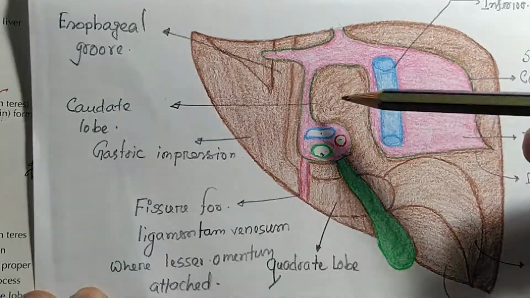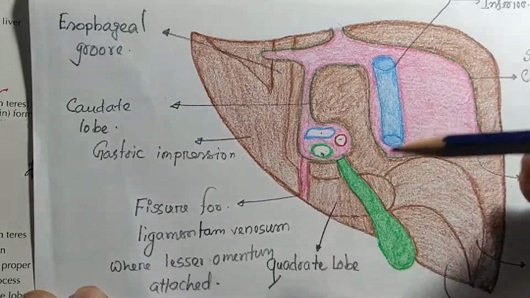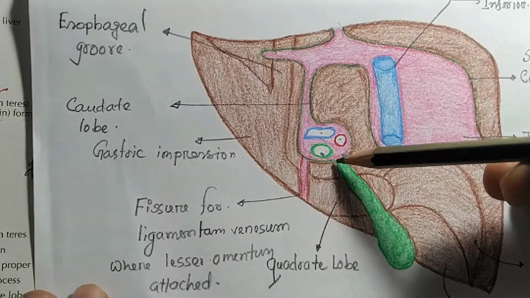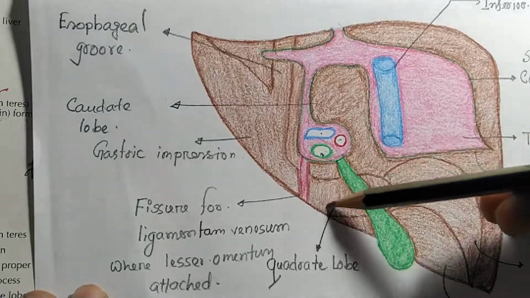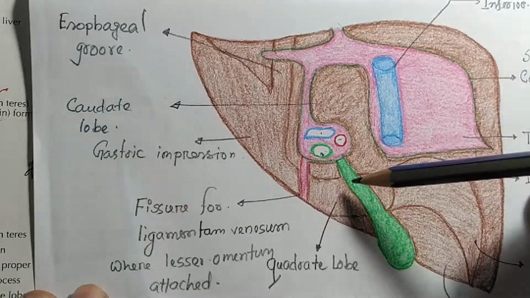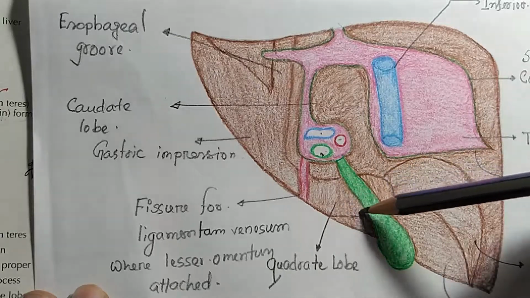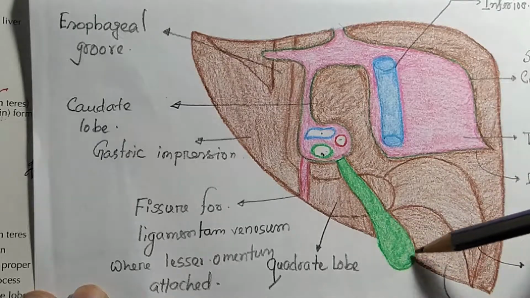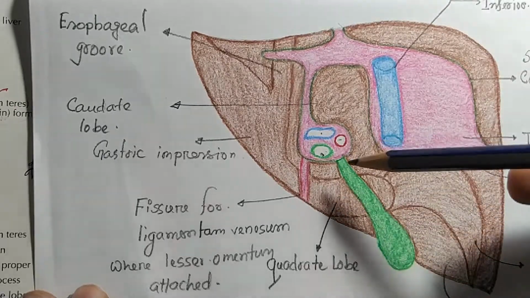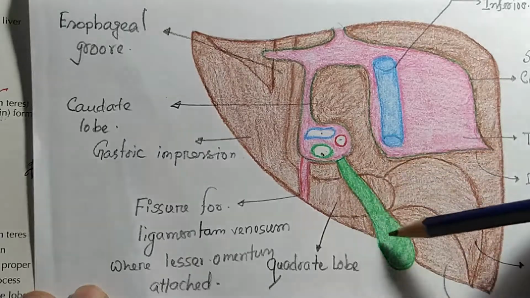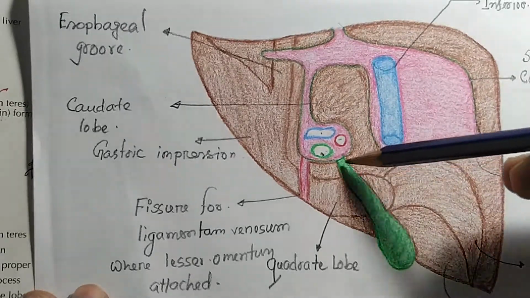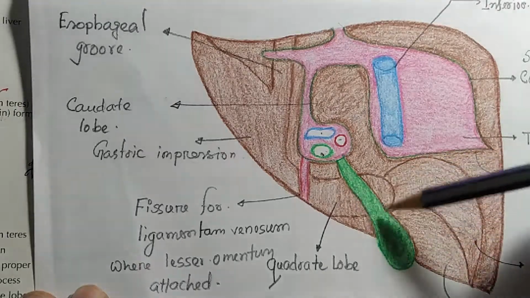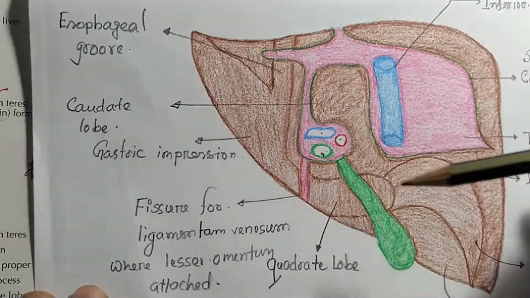So these are the boundaries of the caudate lobe, and there is a quadrate lobe, another quadrangular lobe present anatomically, which is here. This is the quadrate lobe. The quadrate lobe is bordered on the right side by the fossa for the gallbladder. The gallbladder also sits on a non-peritoneal area, which is called the gallbladder fossa. So the gallbladder lies on the gallbladder fossa. The anterior wall, fundus and neck are all peritoneal except the posterior wall, which is non-peritoneal.